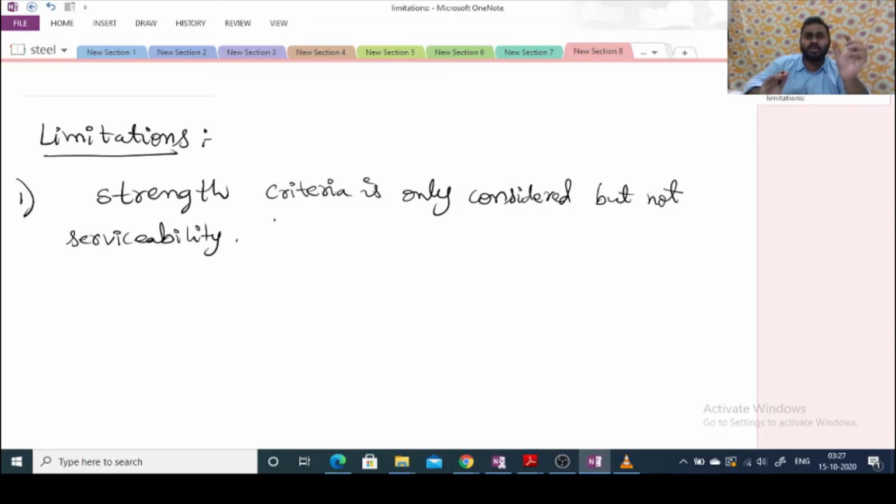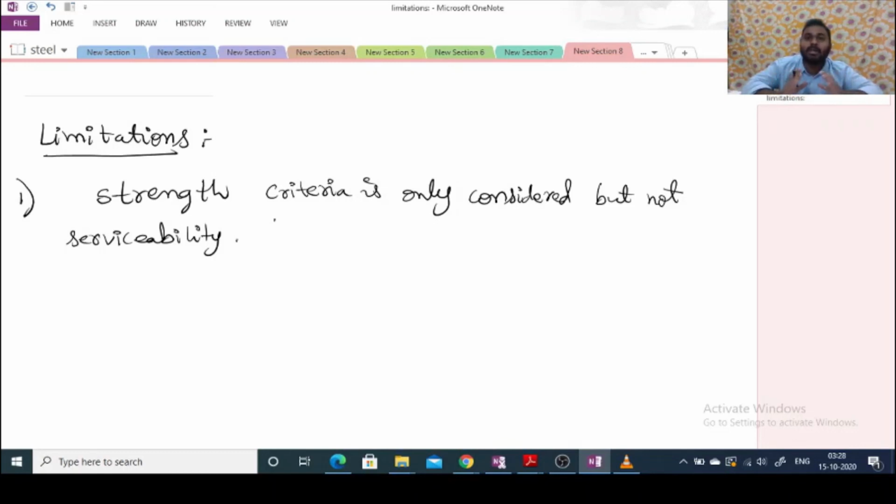So one practical example for your understanding I am giving here. Let us take a suspension bridge. Whenever we are moving very fast or running on a suspension bridge, the bridge will vibrate and deflect more and more, right? That vibration or deflection gives us a feeling that it may fail or collapse, but in reality, no. It means for that suspension bridge, strength is enough, but serviceability is not taken into consideration. Hence, it is undesirable. Hope it is clear.